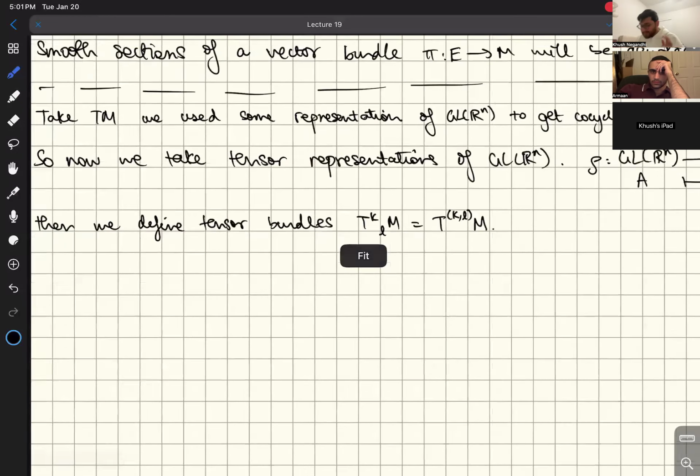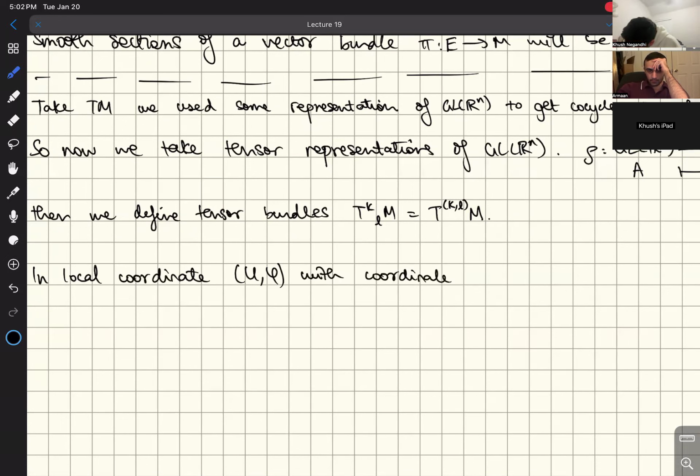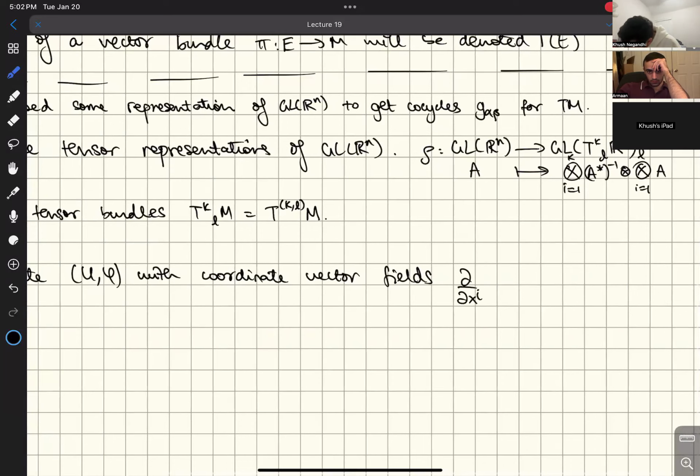But again, in physics now we care about, and even in math a lot of the times, at least for me, when I learn something like this, I want to see locally, in terms of things that I already know, what this object looks like. So let's talk about that. In local coordinates, I mean you have some chart U, phi with coordinate vector fields partial i, and coordinate one forms